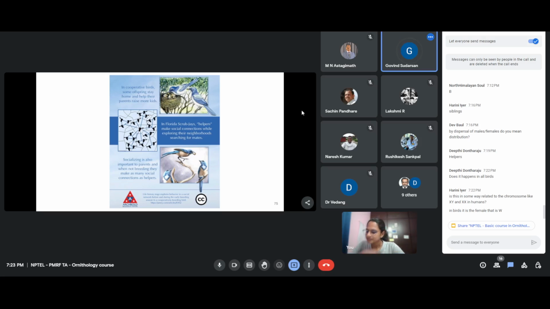But my question was, do females disperse less than males? No, they disperse further distances than males. Both males and females disperse. They leave the nest, but females disperse at a larger distance from the natal territory than males. Males usually bud off from the parental territory, so they take territories that are adjacent to the parent nest.